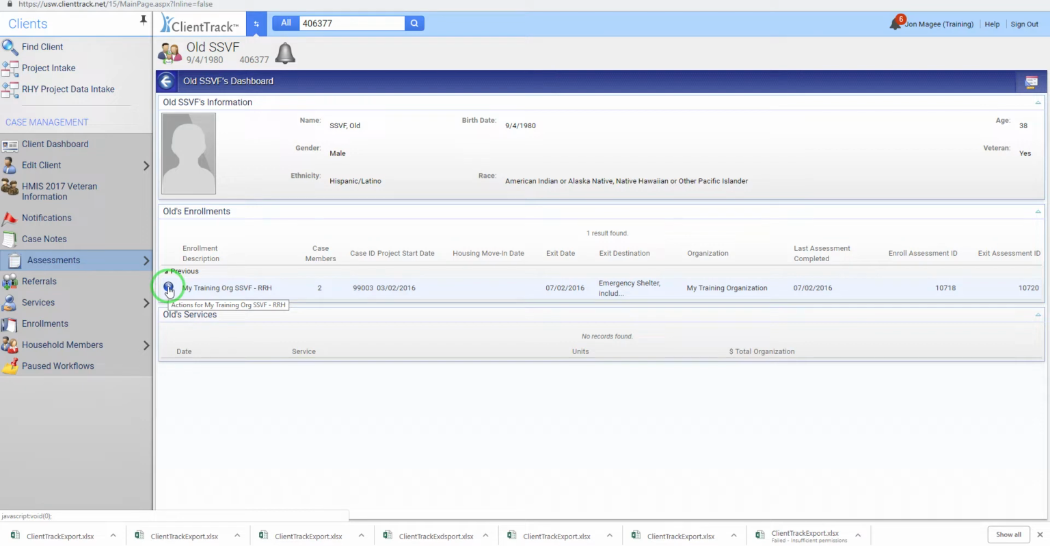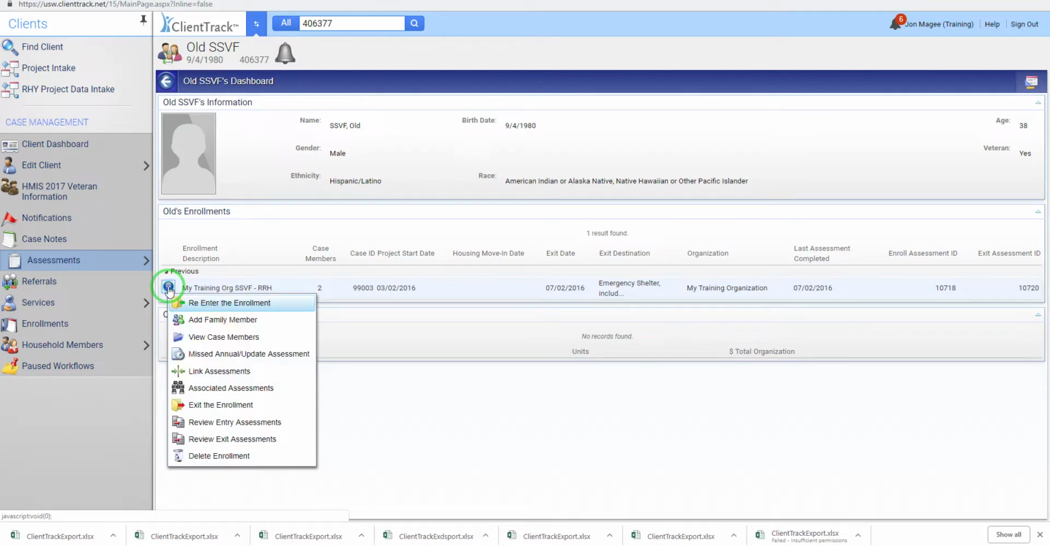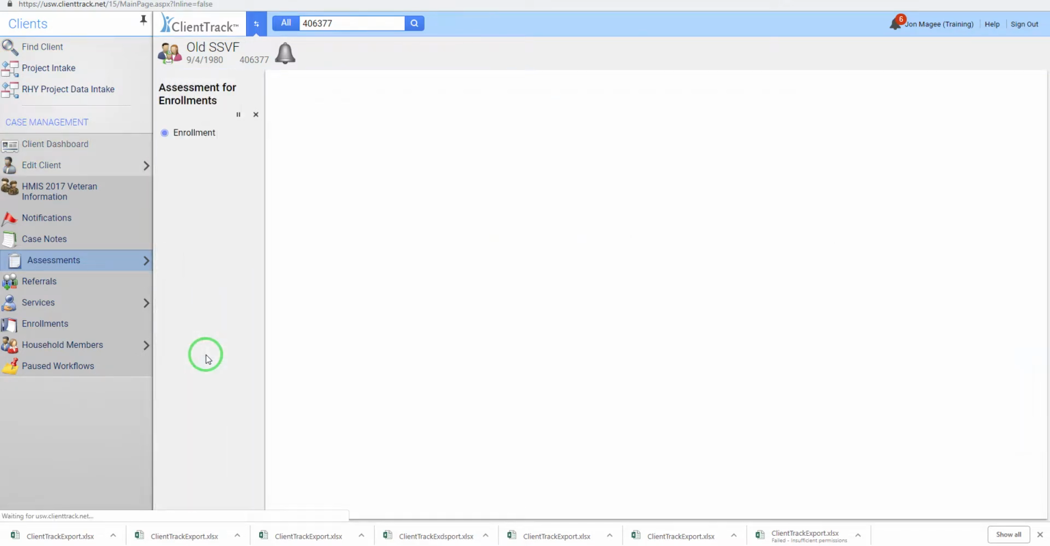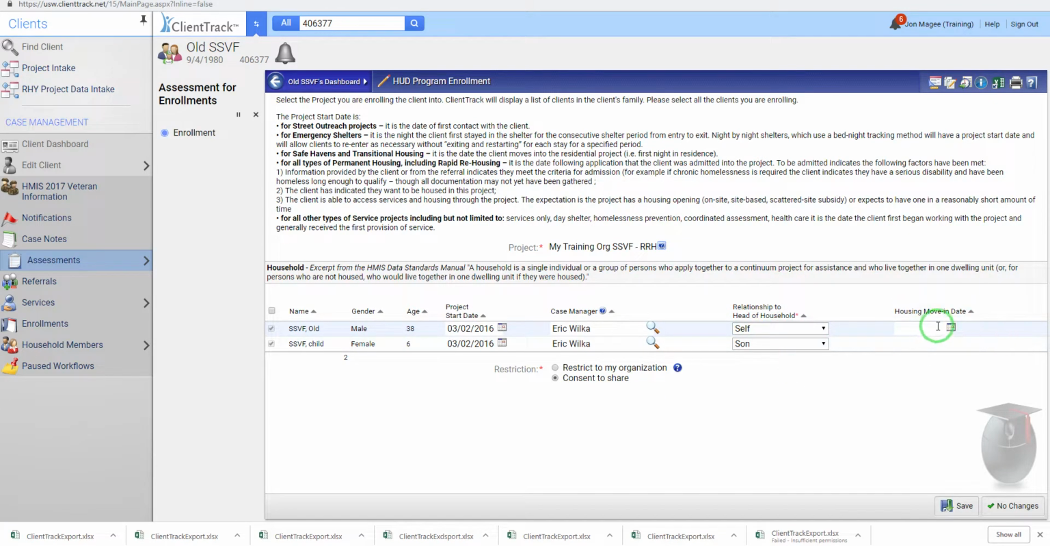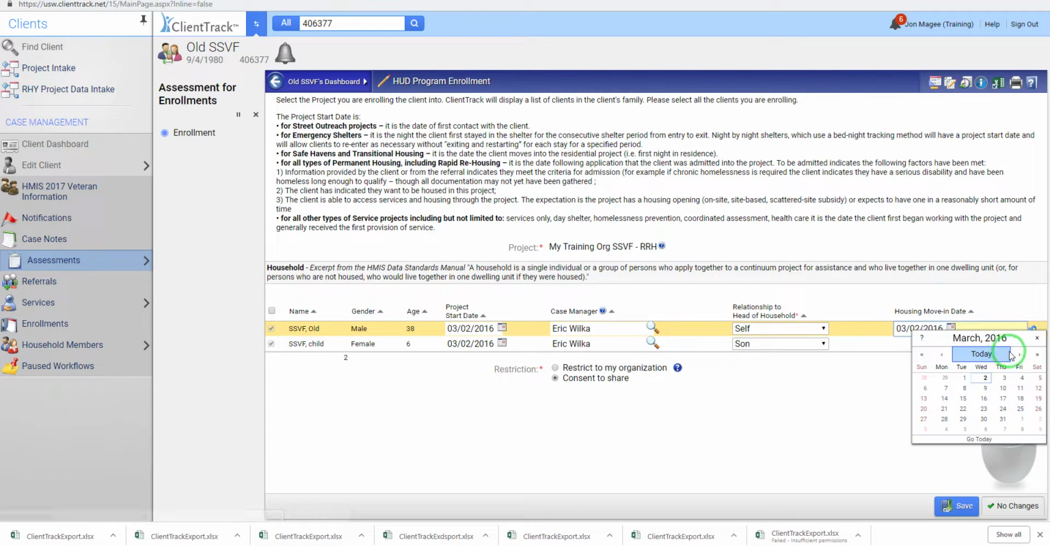Now for someone that's already been exited and we need to add a housing move-in date, a shortcut to get to that screen is using the missed annual/update assessment button. Normally this is used to record an annual assessment that was missed, that you didn't record before you exited somebody, but we can use it to quickly get to that enrollment screen where we can record that housing move-in date. So let's say for this case they were enrolled on 3/2/16 and maybe they got housing a month later, so we can go ahead and record that